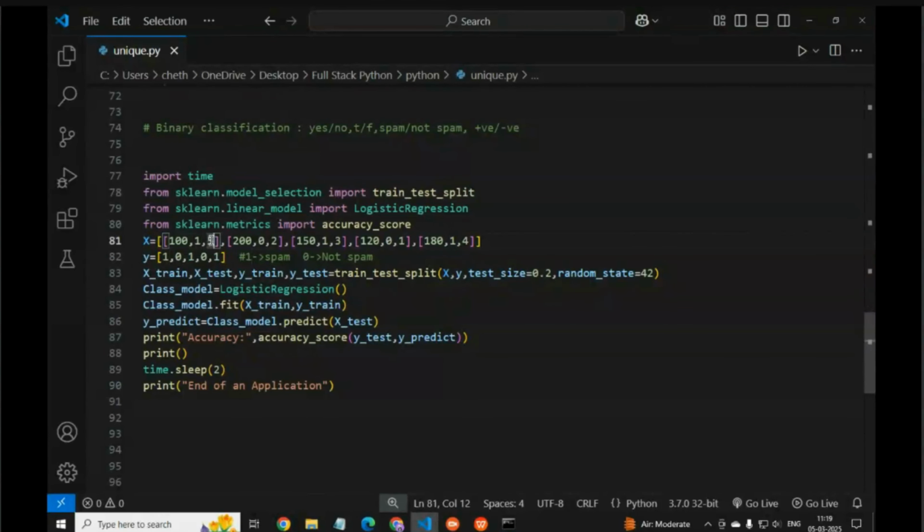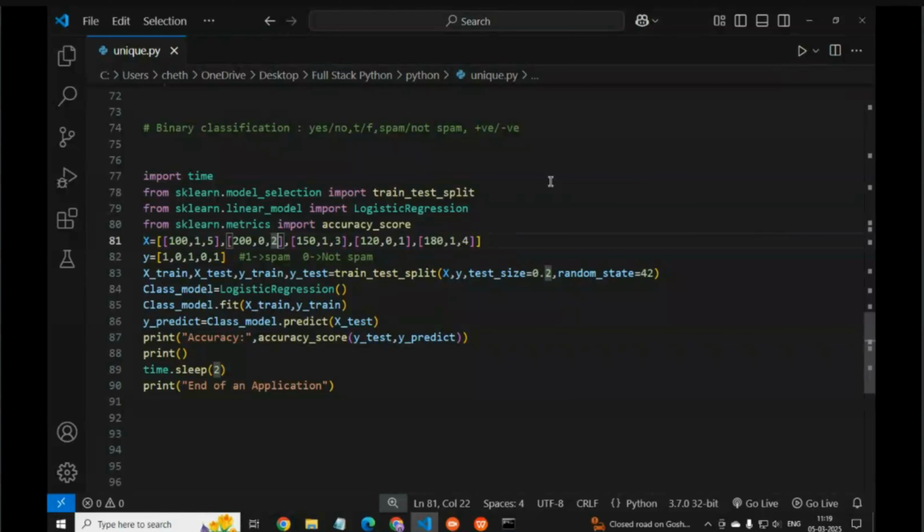See on Google what the structure of a spam email looks like. When you search on Google, it will give the complete structure of a spam email. There are so many question marks, it will write free also, and the email length is very big. All that comes under spam emails.